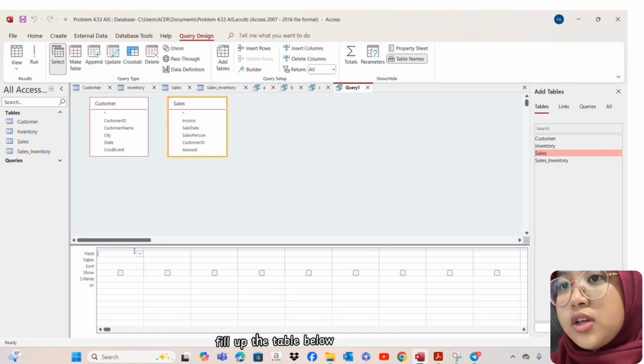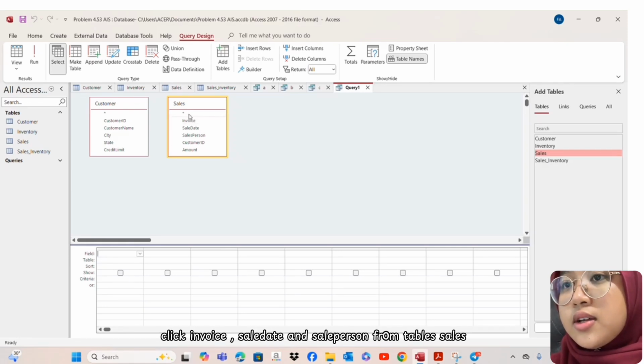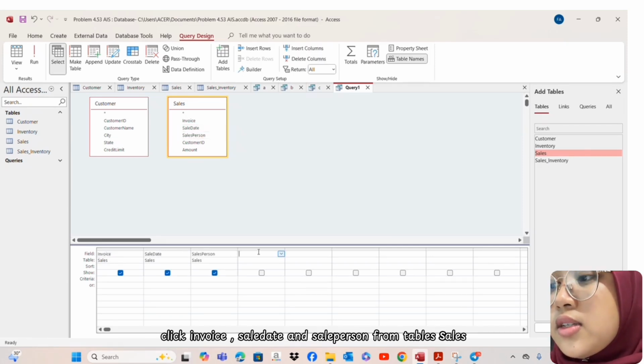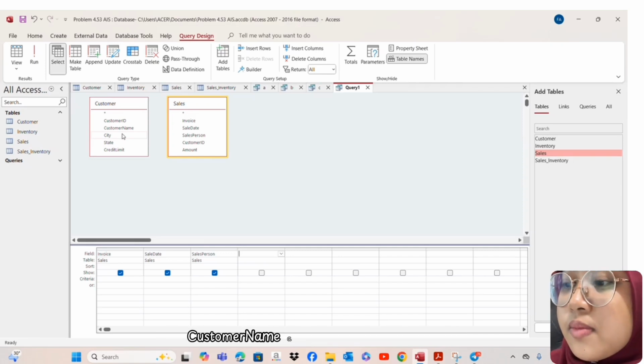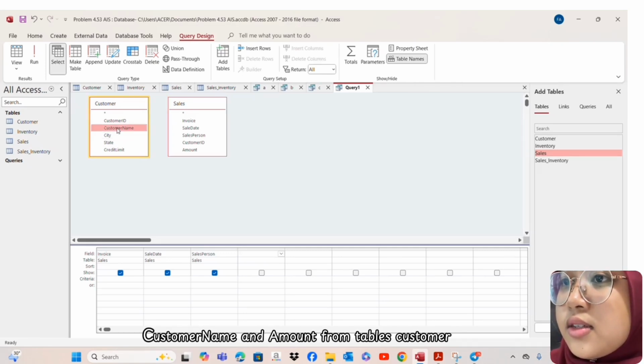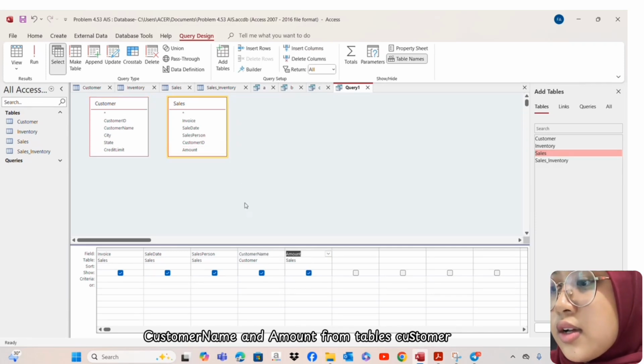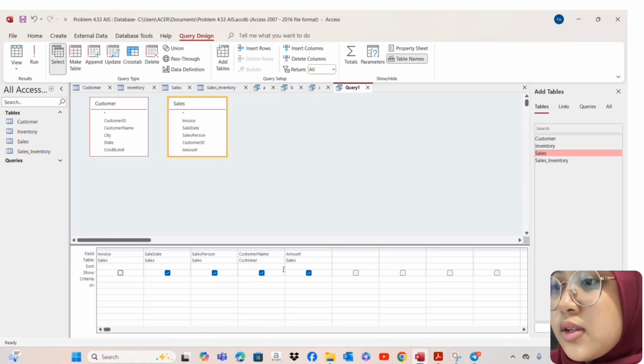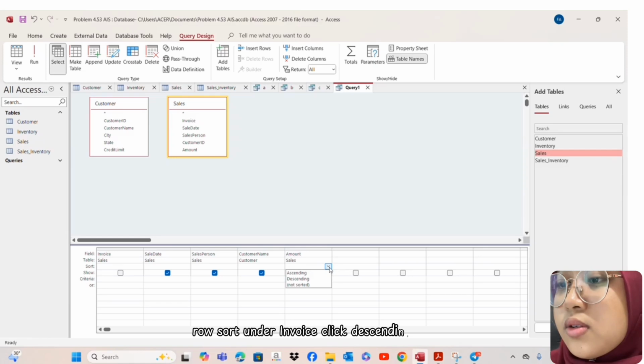First, under sale, we choose the invoice, sale date, and then sale person, and the fourth we take from the customer, which is customer name, and then sale amount. Okay, choose sort under amount, descending, and then under criteria,